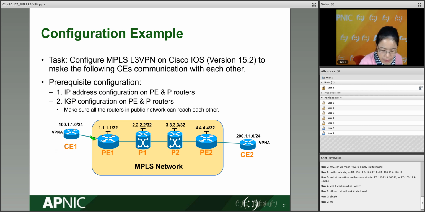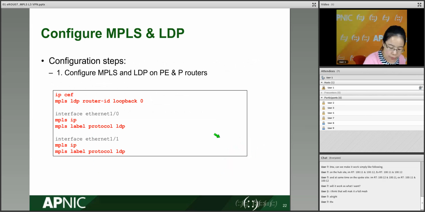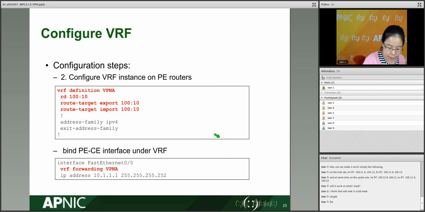This interface is bound under the VRF. This interface is also bound under the VRF. So this configuration is only on the PE routers. You can see for Layer 3 VPN, and also for Layer 2 VPN similarly, most configurations are on the PE routers. So we put the interface in the VRF, and after that configure the IP address